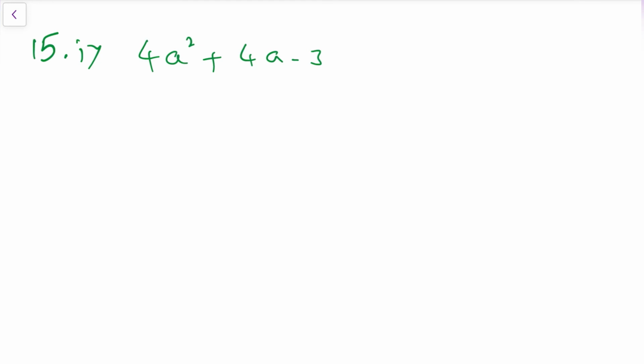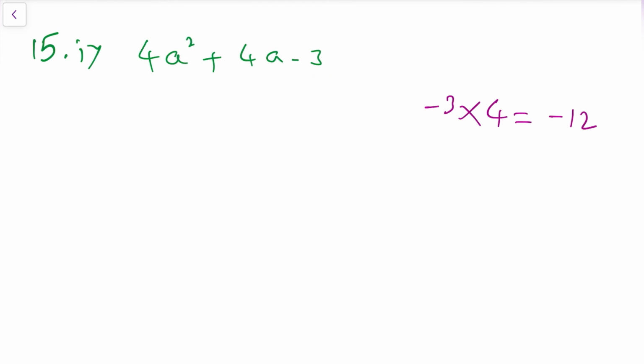Then we need to find out the length and breadth. So for that we need to do the factorization method. I am going to use the method called splitting the middle term into 2 terms. We already discussed splitting the middle term in the previous one. So first multiply the constant and the a square coefficient. Here constant is minus 3 into a square coefficient 4. Minus 3 4s are minus 12.